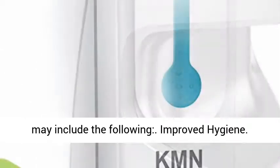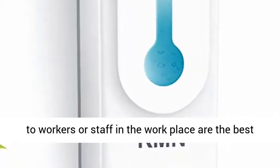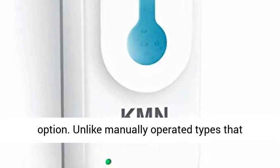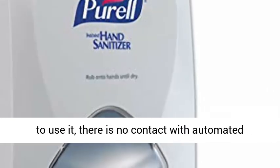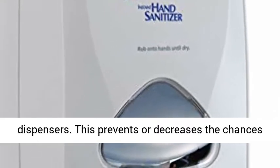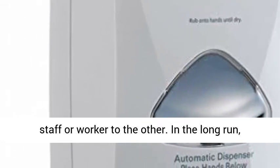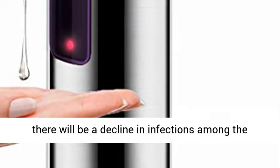Automated dispensers used in providing sanitizers to workers or staff in the workplace are the best option. Unlike manually operated types that require direct contact every time a worker needs to use it, there is no contact with automated dispensers. This prevents or decreases the chances of disease-causing pathogens passing from one staff or worker to the other. In the long run, there will be a decline in infections among the staff, which is likely to increase